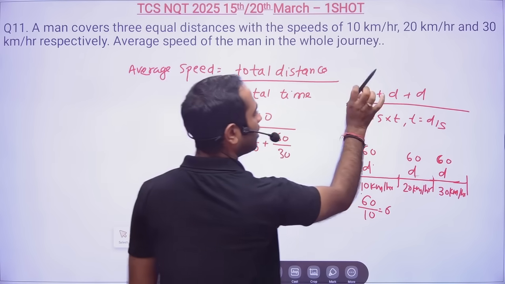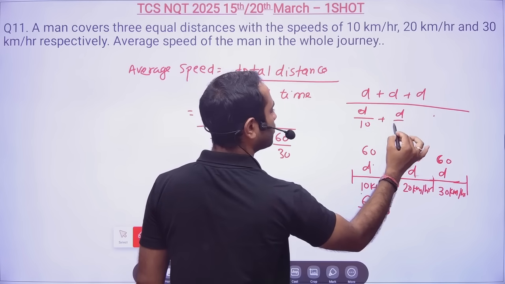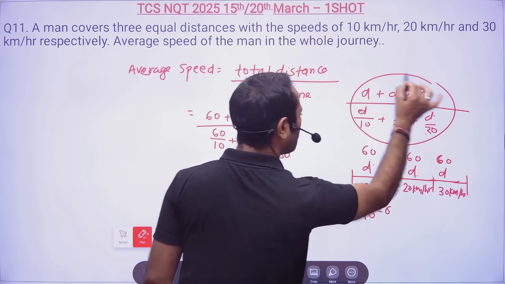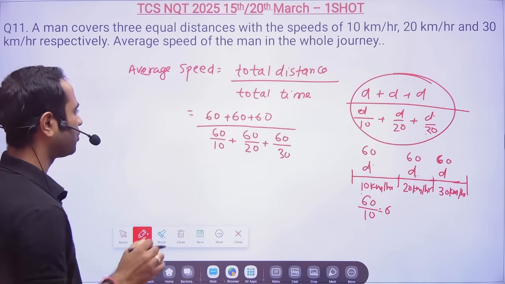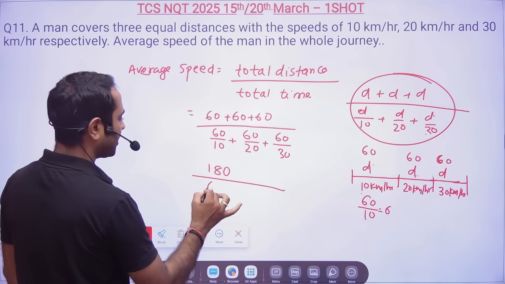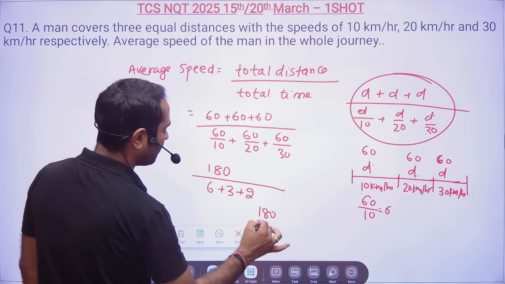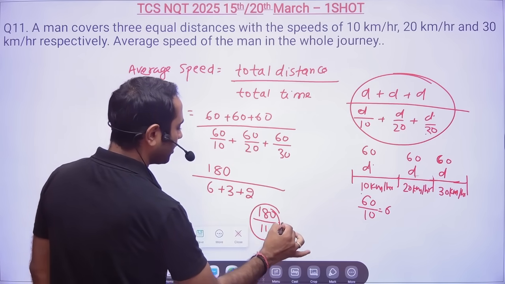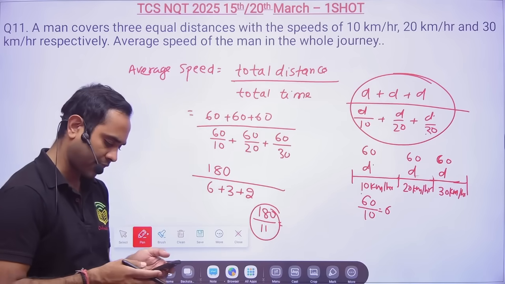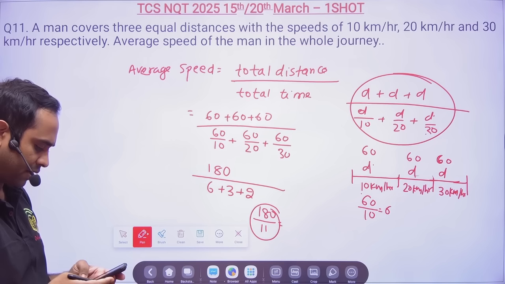See, here again you can do it like this: d by 10, d by 20, plus d by 30. So if you don't want to assume, don't assume, no problem. You will get the same answer. Please don't worry. Now this is 180 divided by, so this will be 6 plus 3, 9, 9 plus 3, 12... so 180 by 11. Further you can divide and write the answer. So 180 divided by 11 will be nothing but